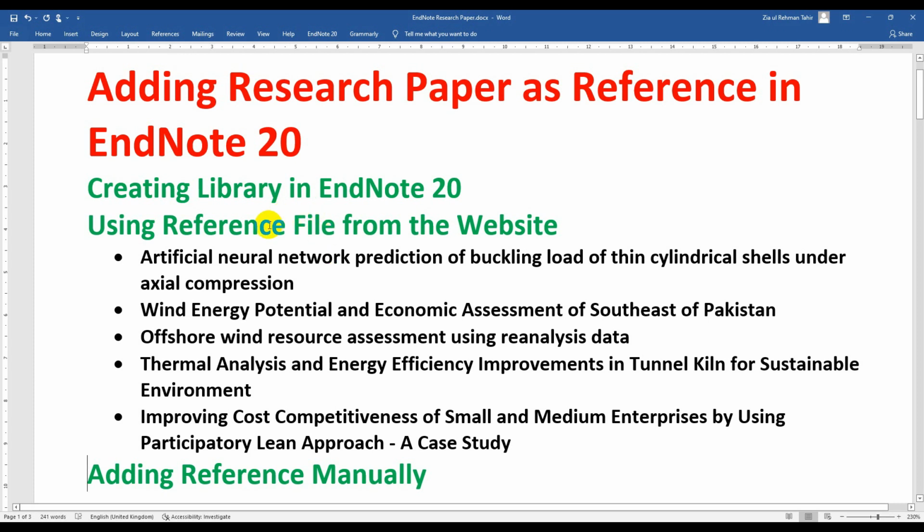Now going to the second one, adding a research paper as a reference using a reference file from the website. I have here 5 references, number 1, number 2, number 3, number 4, and number 5. These are 5 research papers, and I want to download their references and then use them as references while using in-text citation. So just copy the first reference,